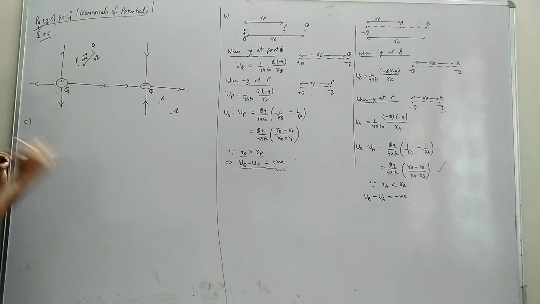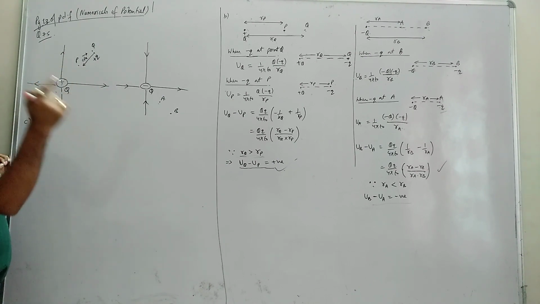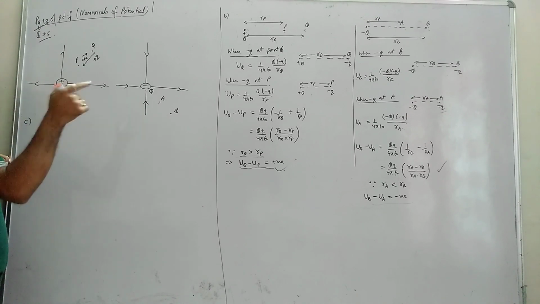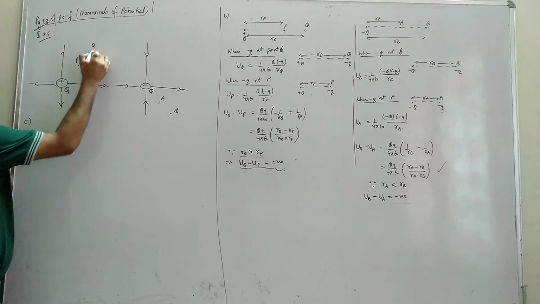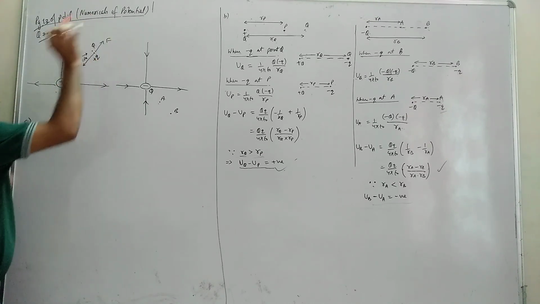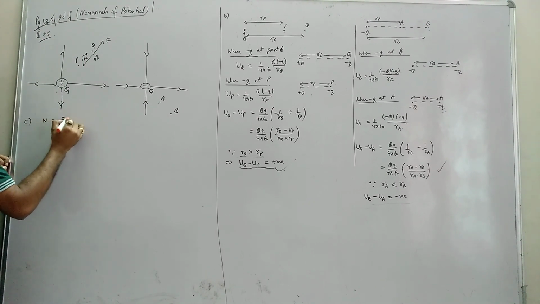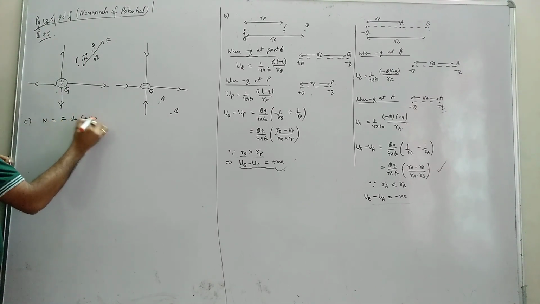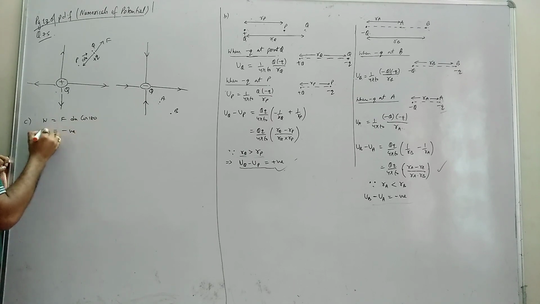By electric field. So the electric field is applying force in which direction? I want to find the work done by the electric field, so I need to find the force by the electric field. This is plus, this is plus, so the force by the electric field will be in this direction. So what is the work done? F dx cos 180, it is coming opposite, isn't it? That is negative. So the sign of work done is negative. Why? Because the electric field is repelling.